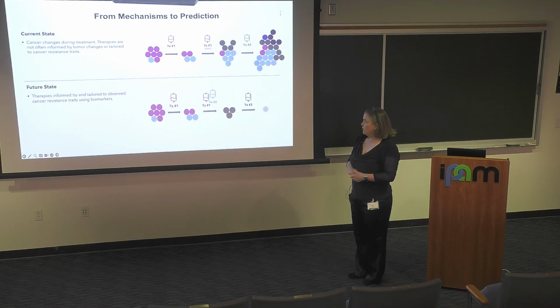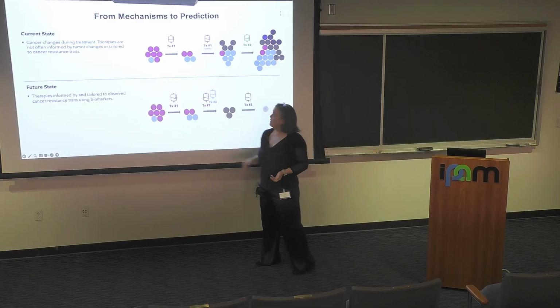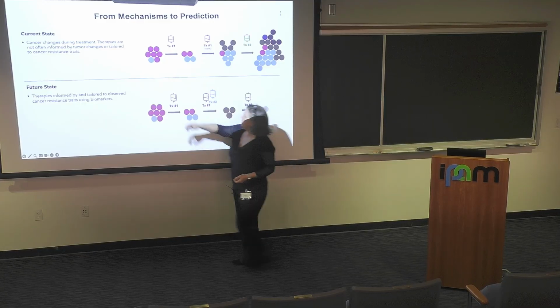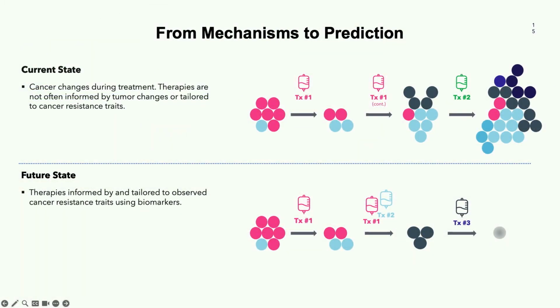And I kind of just reflected that here. So the current state is, if you're a patient, you walk in the door, you might get a measurement up front that says, okay, these pink cells are estrogen receptor positive. So you give endocrine therapy. You always had the resistant cells there, but because we don't take measurements a lot of times, you don't know